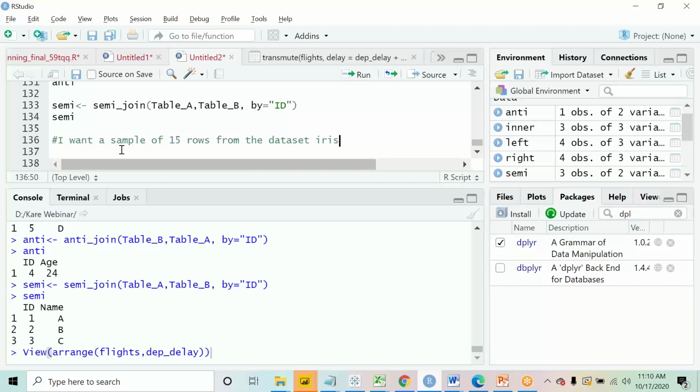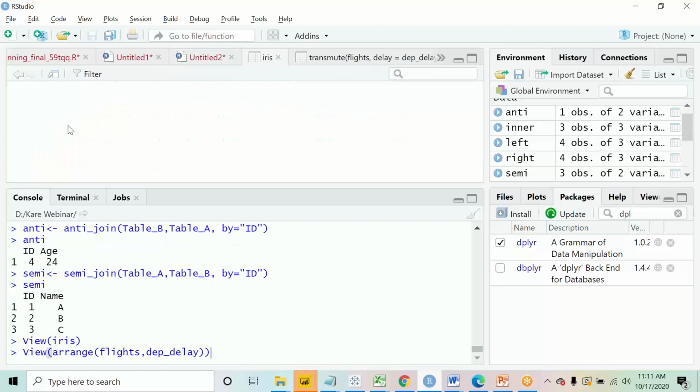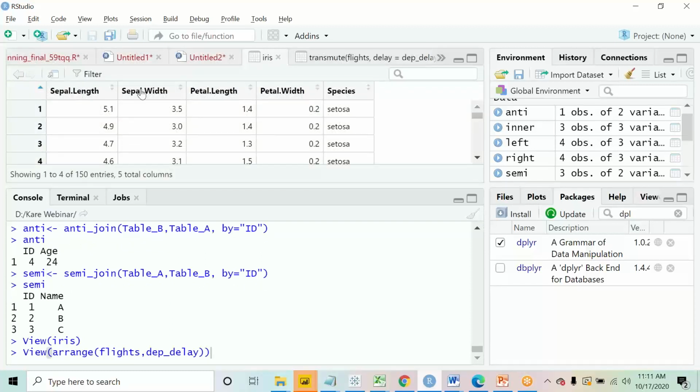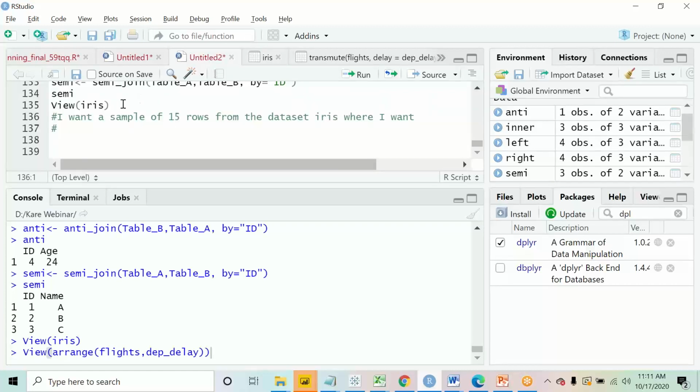I hope all of you are aware of the iris dataset. It is an inbuilt dataset that you get. It has five columns: sepal length, sepal width, petal length, petal width, and species. This is something that we used in the last class as well.